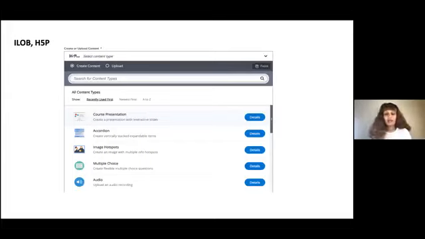Before I end my presentation, I want to say something about interactive learning objects because those are very important to make the course interactive for our students. Those interactive learning objects are prepared in the H5P framework, a short version of HTML5 Package. There are many options, but we practically worked on course presentation, accordion, image hotspots, and multiple choice. So we will shortly look at them.